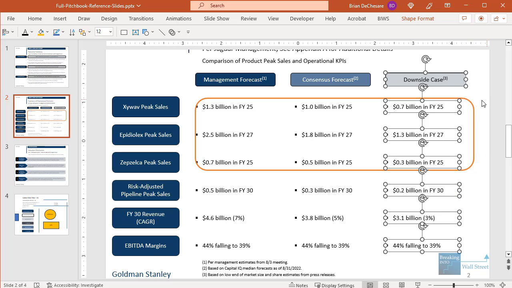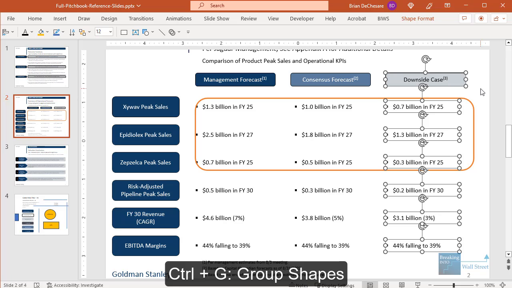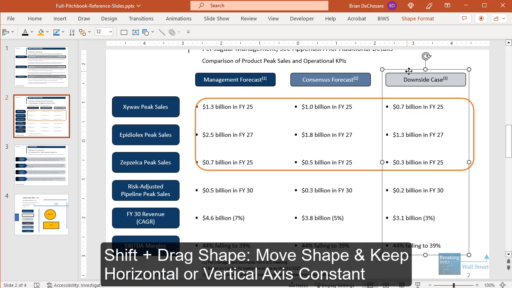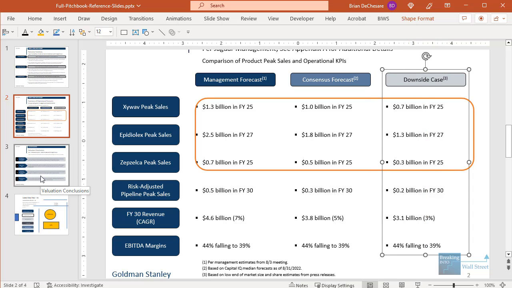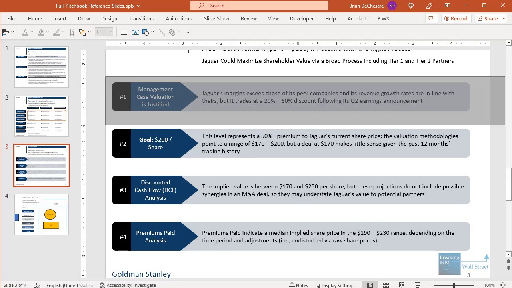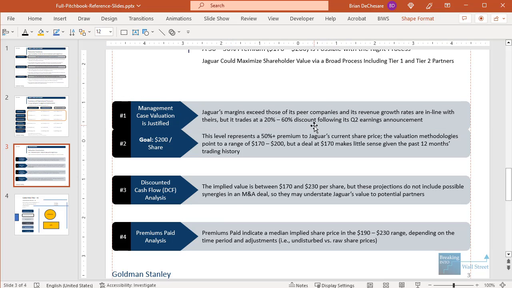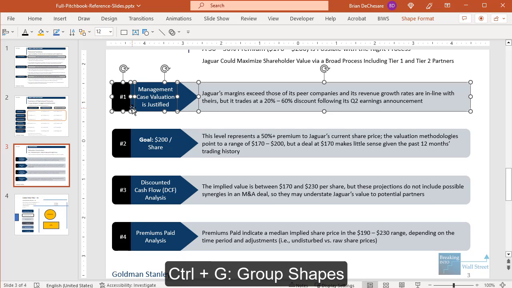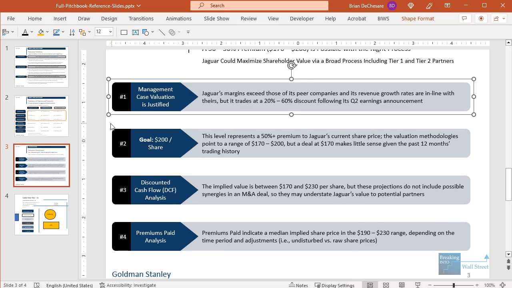But if you select them all once and then you press Ctrl-G, now you can press and hold the Shift key and move them around like this, and they all move as one shape. It's especially helpful on slides like this one where you have compound shapes, because you don't really want to be moving these around all the time individually. You really want to treat them as one shape, so you can press Ctrl-G,